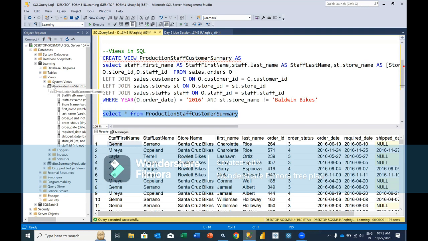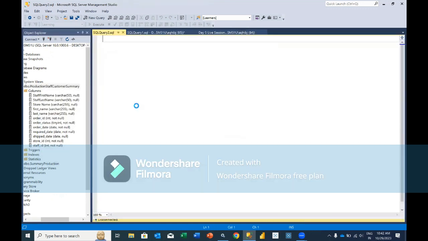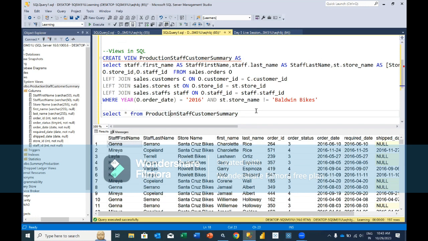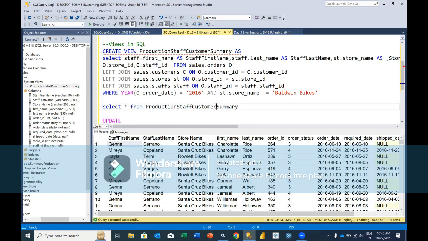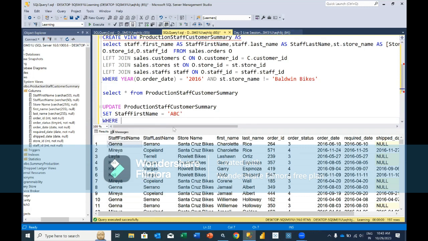Now, how do you know that it's a SQL query? On this object, if you right click and click on create script view as, you can see here, it is basically calling the same statement. That is one thing. Second is, you cannot update anything. You cannot say update this table, set example staff first name is equal to ABC, where